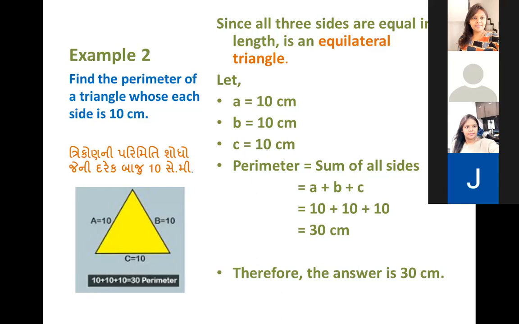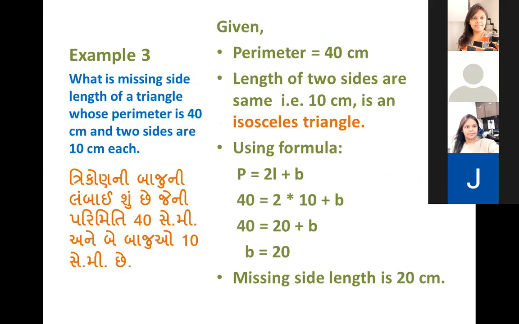Question ની અંદર કીધું છે કેવા ત્રિકોણની પરિમિતિ મેળવો કે જેની બધી બાજુઓ 10 છે. તો બધી બાજુઓ 10 છે, 10 10 10. હવે ત્રણેયનો સરવાળો લઈએ તો તમને 30 પેરીમીટર મળી જશે. અને જે યુનિટ છે એ યુનિટ ખાસ લખવાનો. So this is the second example. It's not hard, but if you don't know, then I can do it.